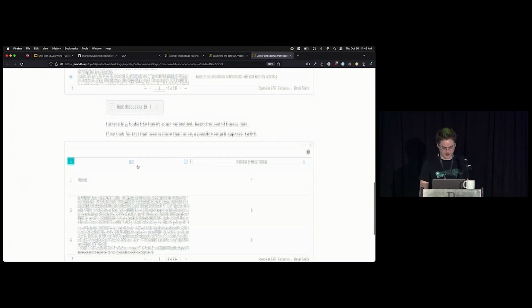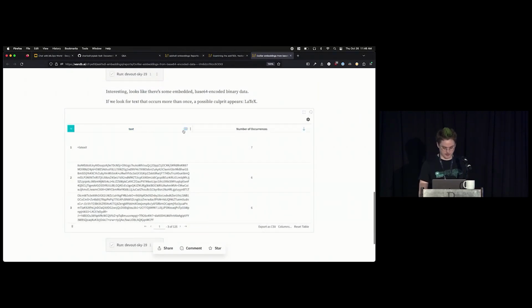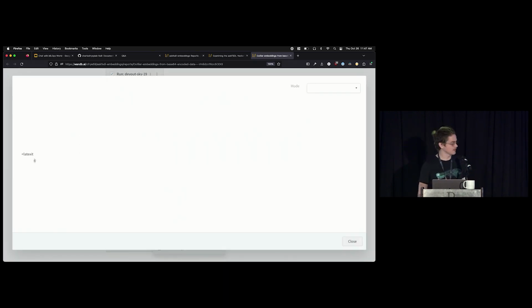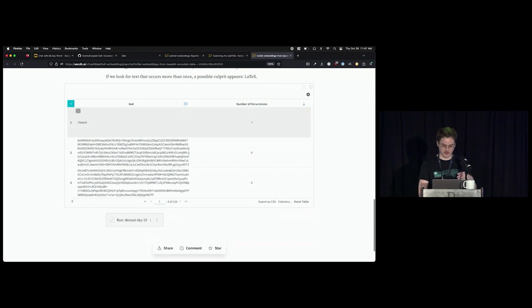And if we look around, I did a little bit more exploratory data analysis here, calculating the number of times that any particular one of these weird strings appeared in the data from this source. One that showed up a lot was LaTeX. The output of LaTeX in this case was full of binary data. So that paper has added a bunch of trash, binary encoded data that we don't care about, to the